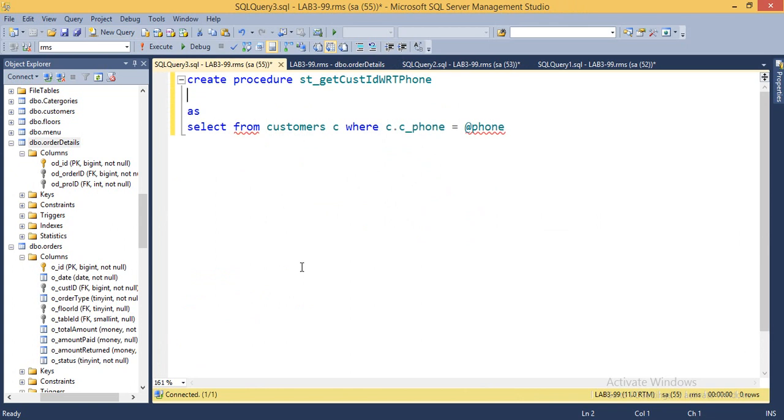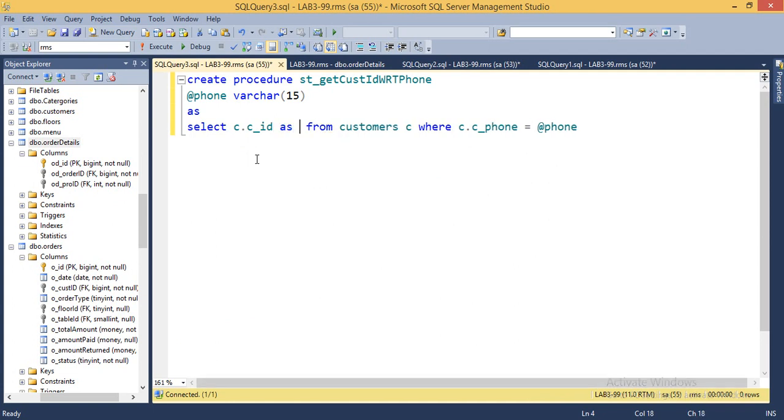Okay, and then @phone, it should be varchar 15, that's it, and right here C.ID